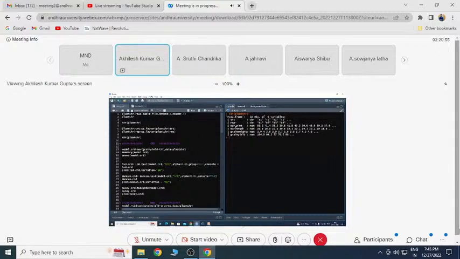Now, treatment and replication are my factors. My treatment is one factor, replication is my second factor. First, I will have to declare them as factors by this command. You can see the command yourself, but this is very important. You have to declare them as factors. So I declare my treatment as a factor and replication as a factor.